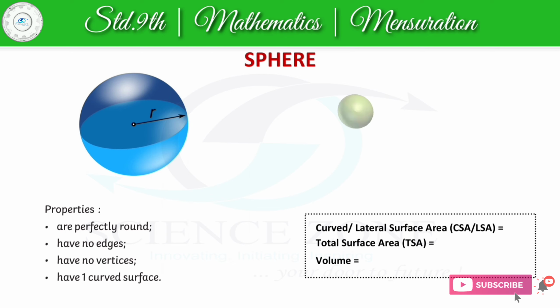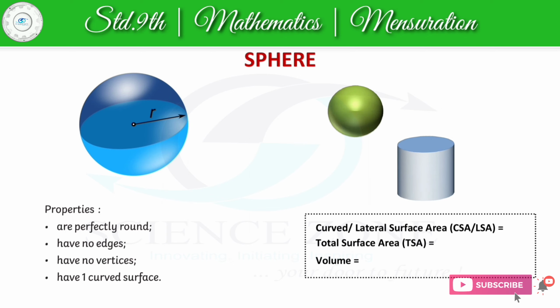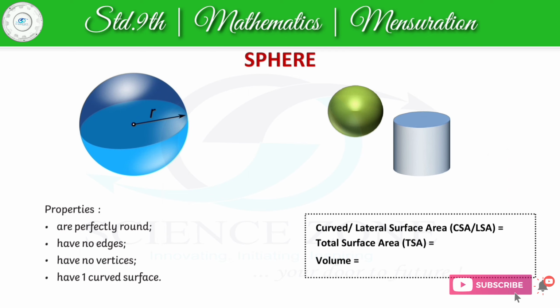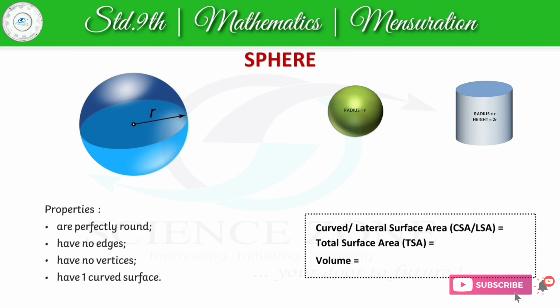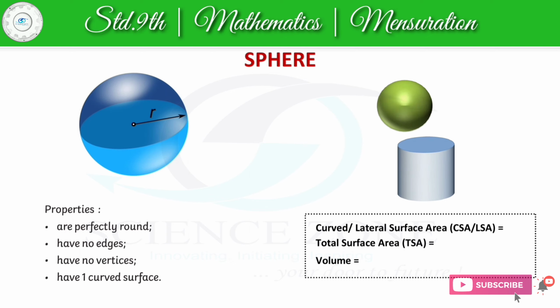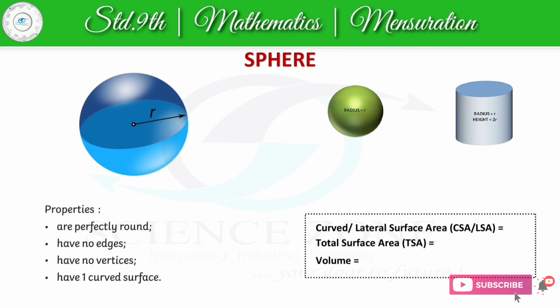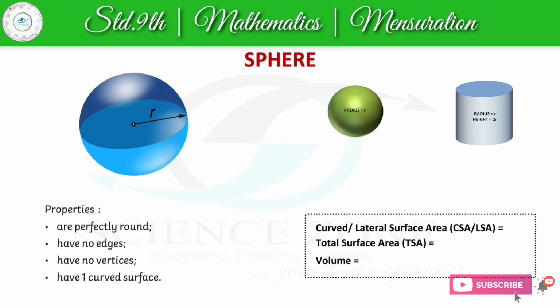This theorem states the surface area of a sphere of radius r is equal to the curved surface area of cylinder of radius r and height 2r. If you have a sphere of radius r and a cylinder whose radius of base is r and height of the cylinder is 2 times the radius of its base, that is 2r, then you can put that sphere into the cylinder and the area of that sphere will be equal to the curved surface area of the cylinder.